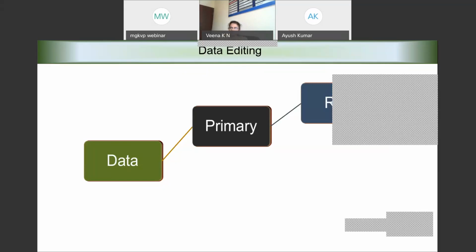Raw data is the data which we just collect and collate as responses from many respondents. If we do not organize the data in any fashion, and keep the data as it comes in, then it is called raw data. But raw data cannot be analyzed or understood.